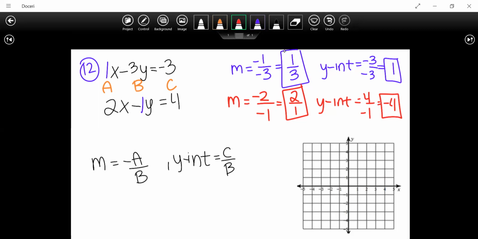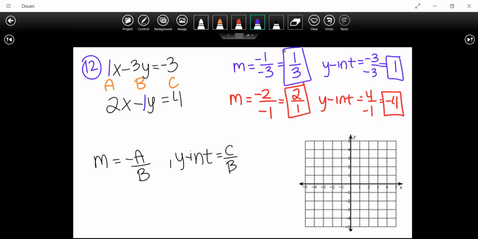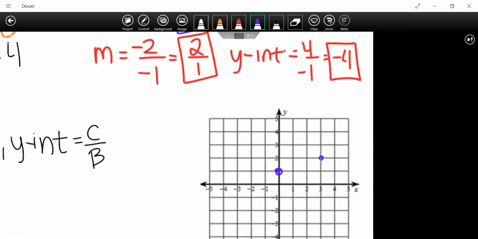So we have those two. Let's go ahead and graph them. I'm going to go up 1. From that point, I'm going to go up 1 over 3. So it's going to give you these lines here,